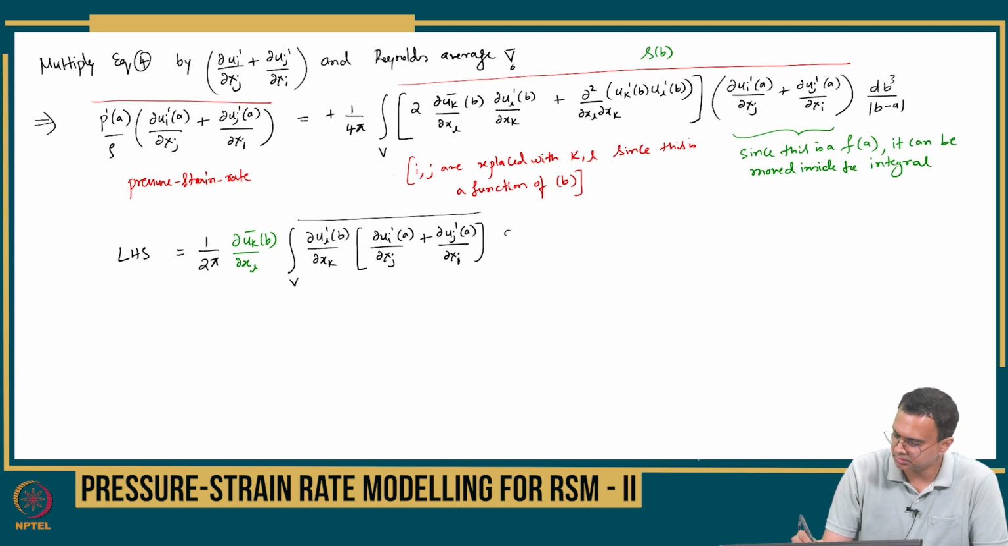Averaging dvq by b minus a. So that is my rapid part here, the rapid term,